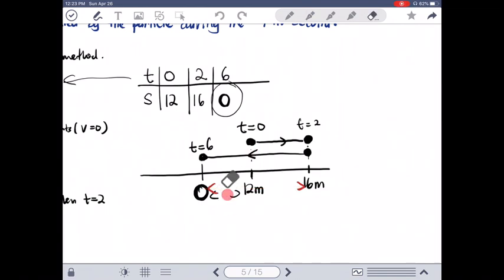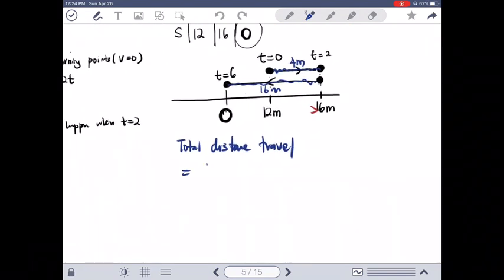Hence, the total distance traveled is the value of that plus that. From 12 meters to 16 meters we have 4 meters. And from 16 meters to 0 we have another 16 meters. So the object moves 4 meters from 0 seconds to 2 seconds, and then from 2 seconds until 6 seconds, it moves another 16 meters. So the total distance traveled, how much the particle moves, is 4 meters plus 16 meters